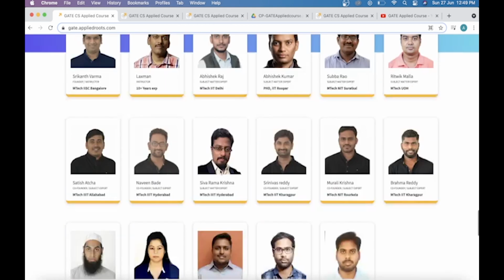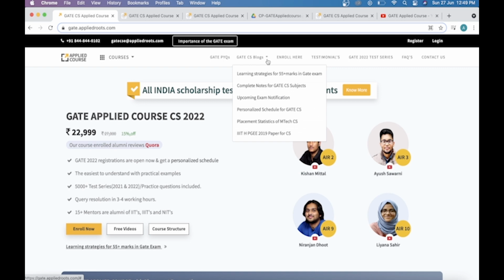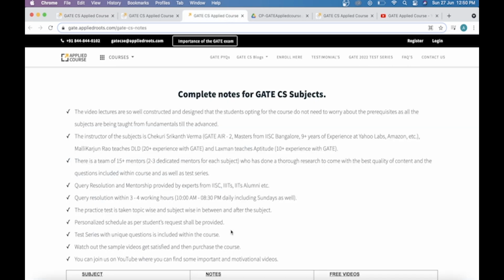So one more feature of this course is that they have already provided us handwritten notes of the subjects that they teach in the video, so that we don't have to waste our time writing notes for ourselves. So if we go to CS blogs, here is a subsection that says complete notes for GATE CS subjects. If we go there, a page like this opens up.